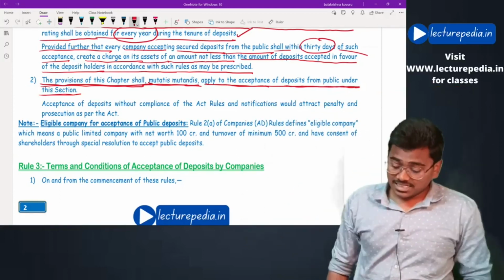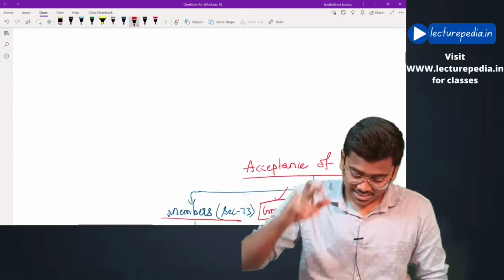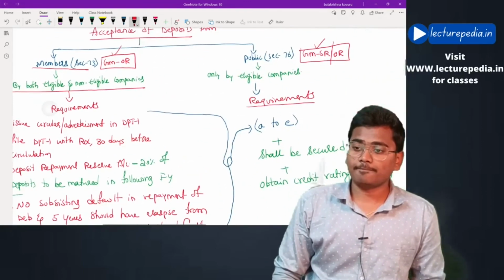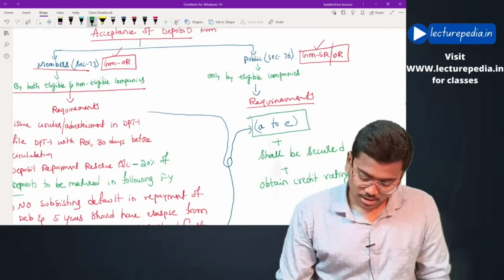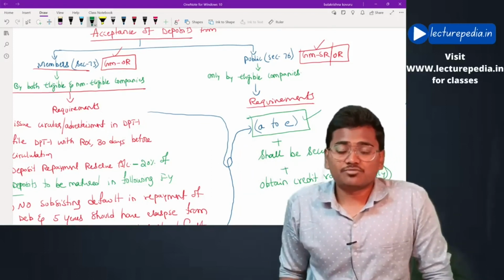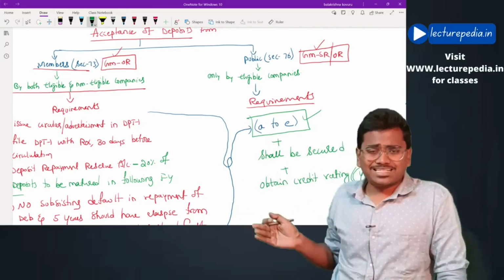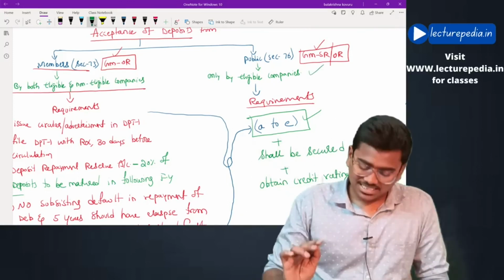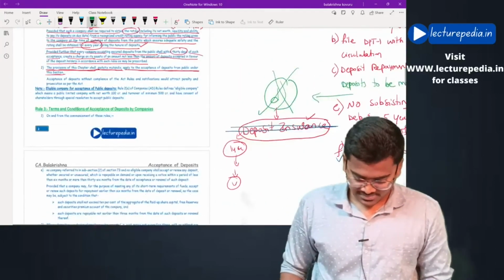That is the reason why, if you observe in our chart, we have written the same points A to E. Let me show you here. Okay, this one, points A to E are mutatis mutandis applicable to raising deposits from the public also. Not only these requirements, even all other requirements that we will be discussing in the chapter will be applicable for raising deposits from the public also. Hope this is clear. Next,